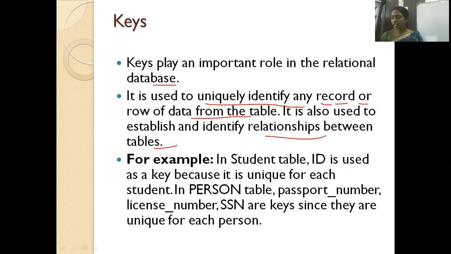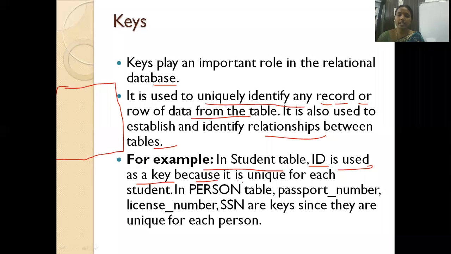Consider an example. Here we have a student table. In the student table, ID is used as a key because it is unique for each student.